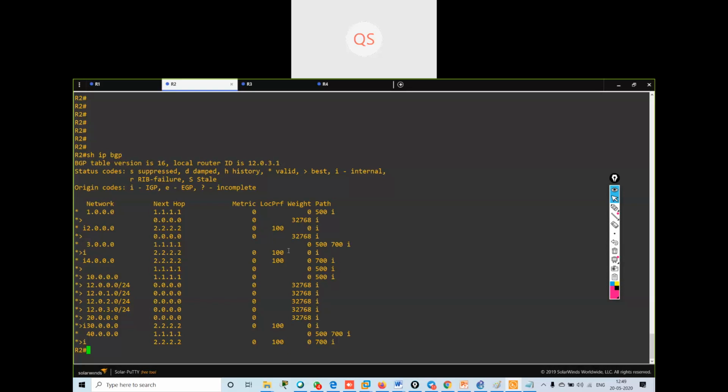I have two exit paths over here, 12.0.0.0 and 12.0.1.0.